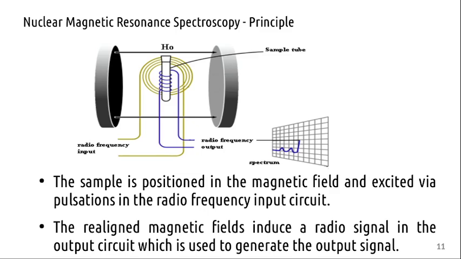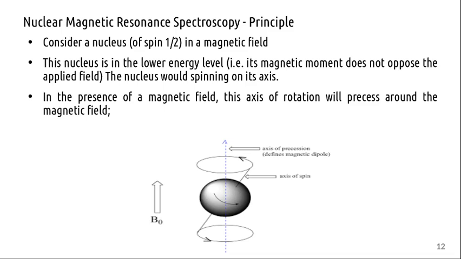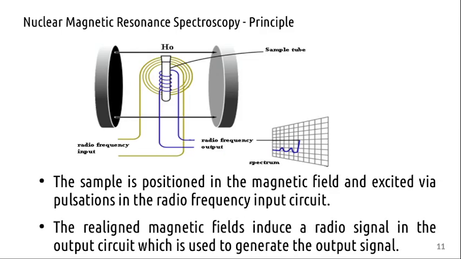The spin aligned nuclei will flip to the spin opposed state. Then after a while they will decay back to the stable state. In this process they give out a characteristic signal which is picked up by the RF coils. The same approach is used in MRI, magnetic resonance imaging scans.